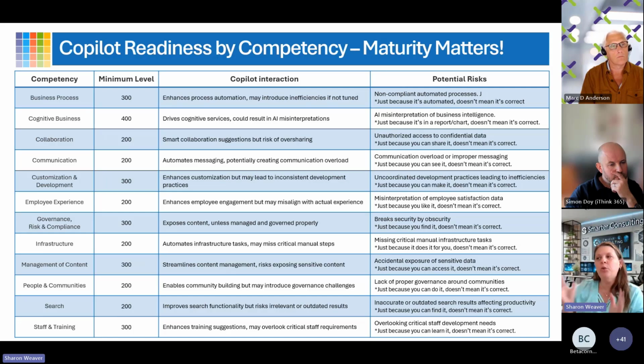And really, if you look at the whole thing holistically, the idea is be ready. Make sure that you're ready or understand at least what level you are at. So when you bring it in, if you're like, I know I'm at a 200 in this level, and I know that Sharon said it's probably better to be at a 300 level, know that there's going to be some risk that you're going to need to understand when you implement Copilot so that you're ready to deal with that particular risk. But it just identifies that for you because you already know what the gap is.